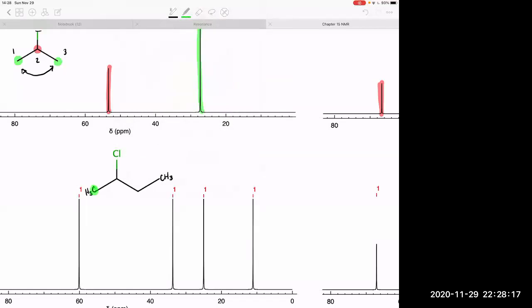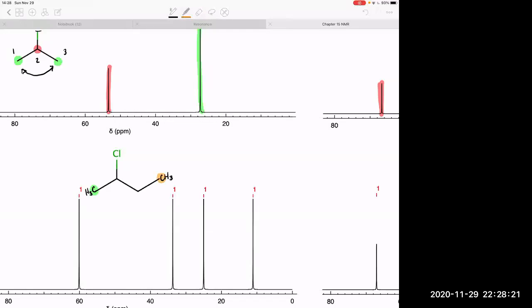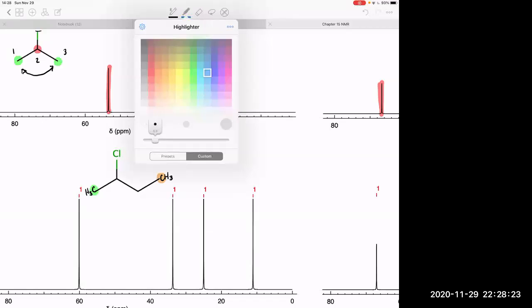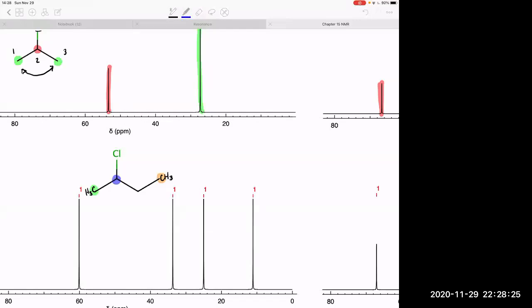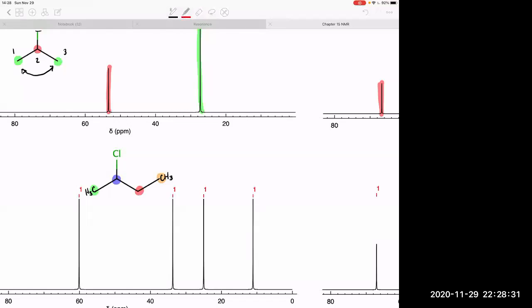So this one's different from this one. Of course, this carbon's bound to the chlorine, so it's different from all the other carbons. And likewise, this one is also chemically distinct. And so this is why we would expect to see 4 distinct peaks